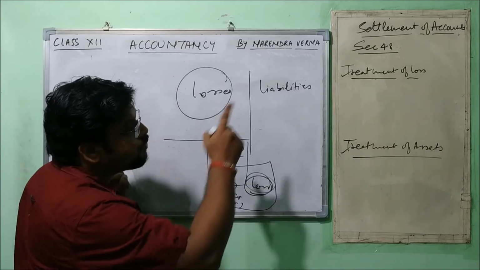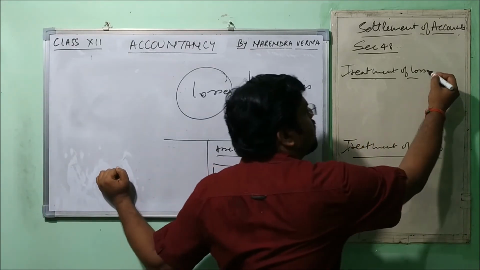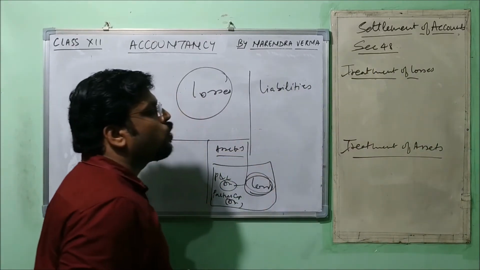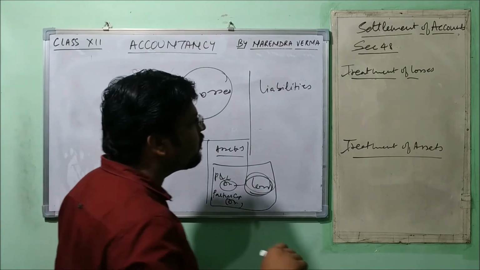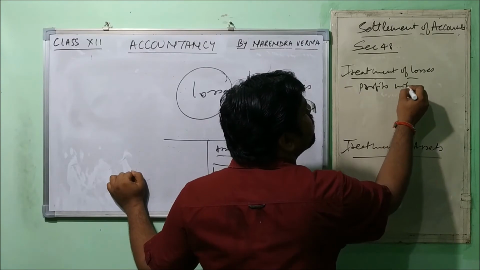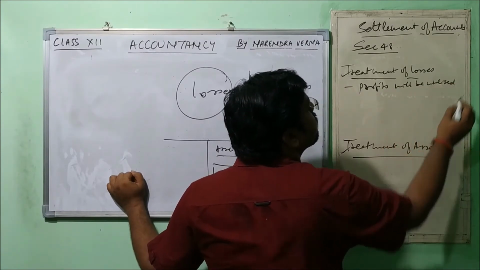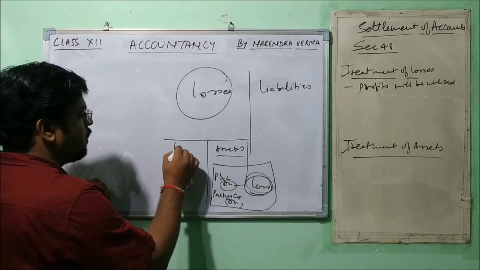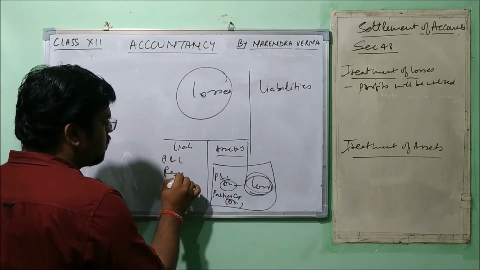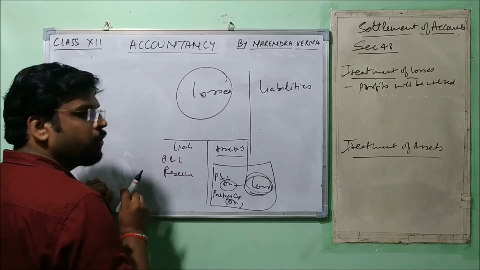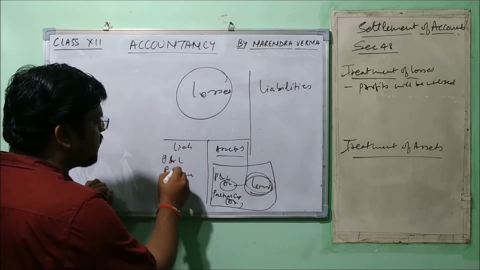So in these 2 cases, these 2 are considered the losses of the business. So the treatment of loss, I just make it losses. So what will be the treatment of losses? For that, very first, profits will be utilized, right? If you have on the liability side any kind of profit or reserve, any kind of profit and reserve,